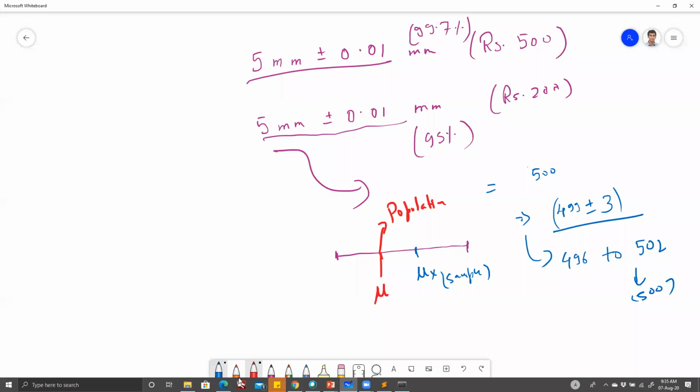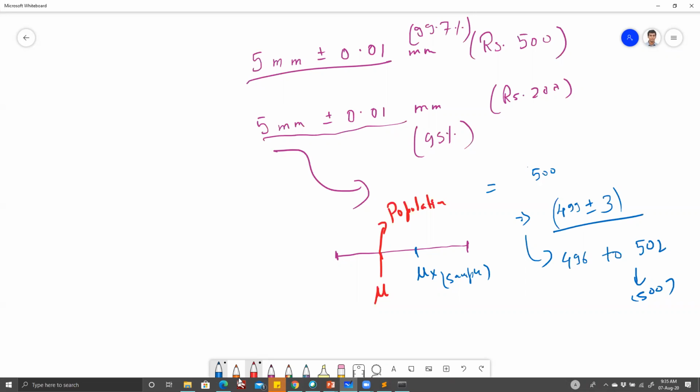So, sir, in a real-life situation, we will never have the mu for the population, am I right? Because that's what we are trying to avoid. So then, what does one do? Sorry, again, you are saying that I will never have the mu of the population, right? Yeah, because if I had that, then a lot of problems.